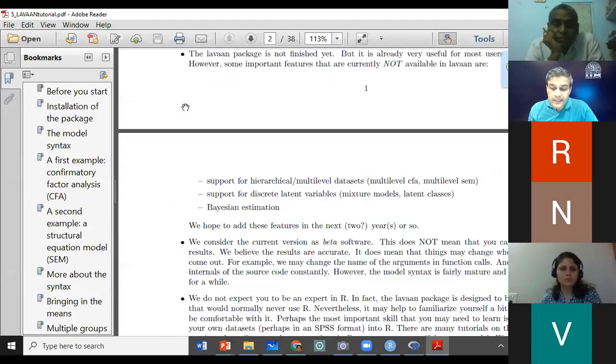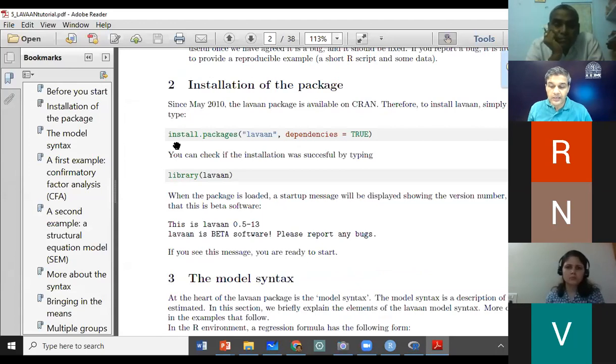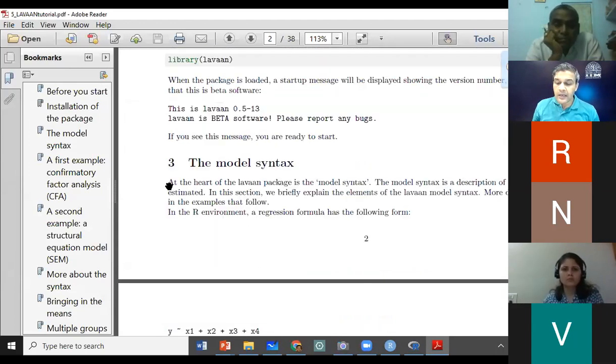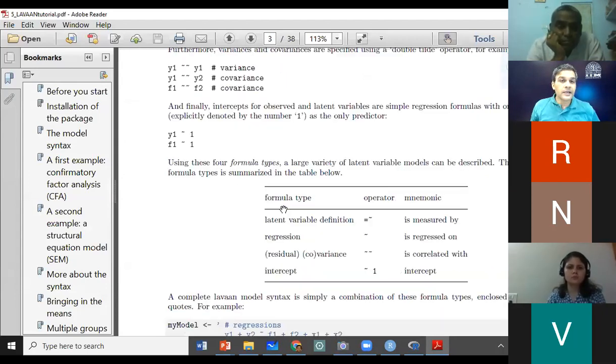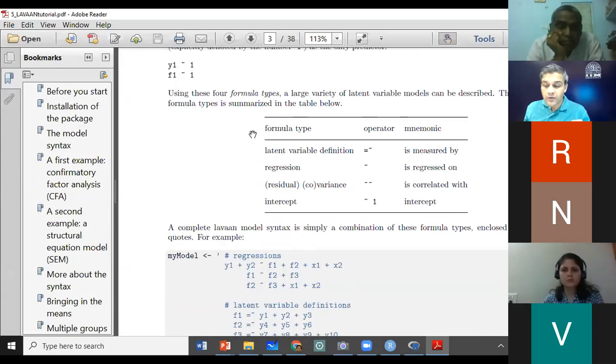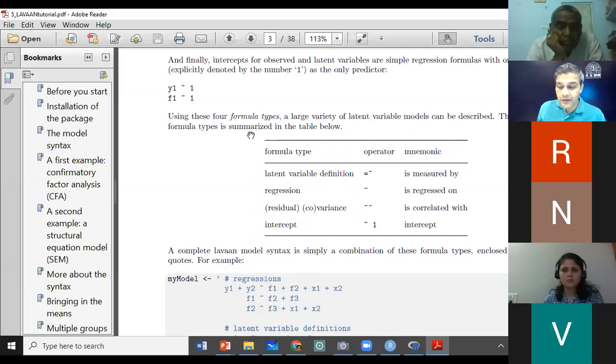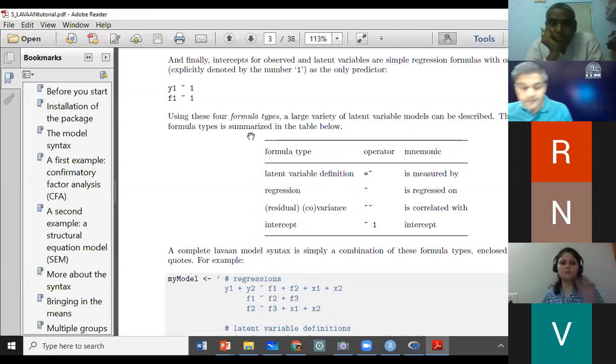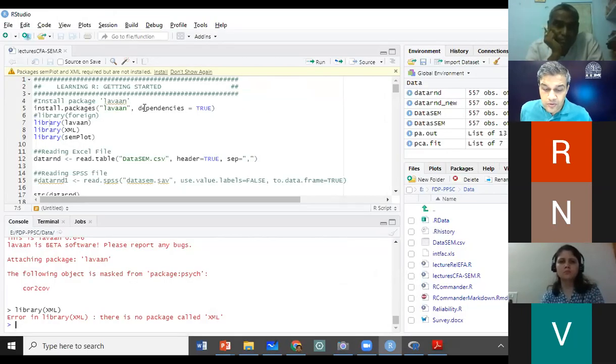It gives you all the syntaxes, right? So you see install.packages lavaan, library lavaan, and then the model syntaxes. You can just read this and go through this. You can open it up if you have it in front of you, and go to page number 3 of the lavaan tutorial.